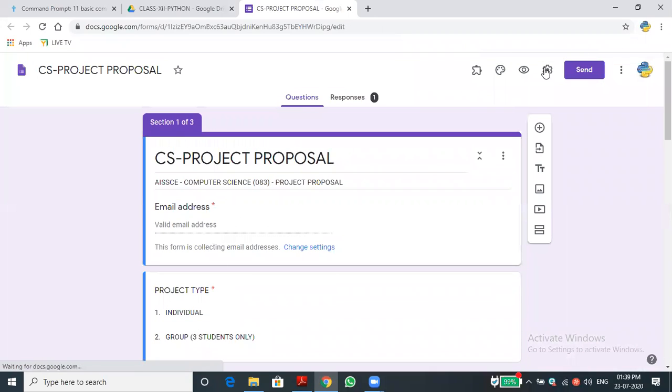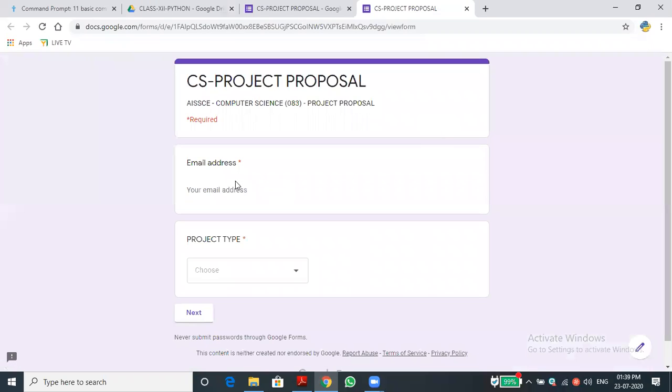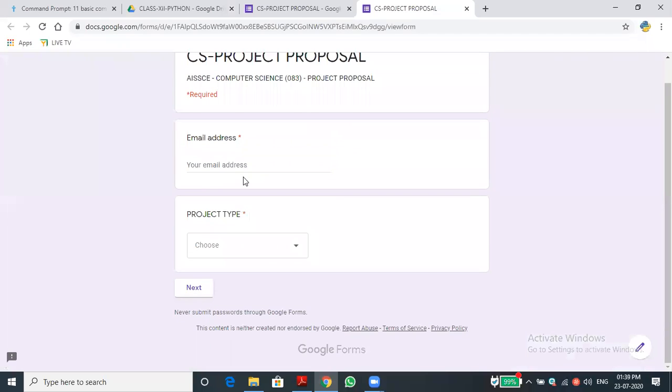So this form, for example, I open in your mode. I will show how it will open on your side. It will ask your email ID and the project type you want to choose. For example, I'm just giving. Sir, in the group of 3 members, which email ID? That's what I'm coming to tell. Any one of your group members, who is representing your group, can conclude that. For example, 3 members are in a group. In a group, one member can send the proposal. For example, this is the mail ID. Oh, sorry.